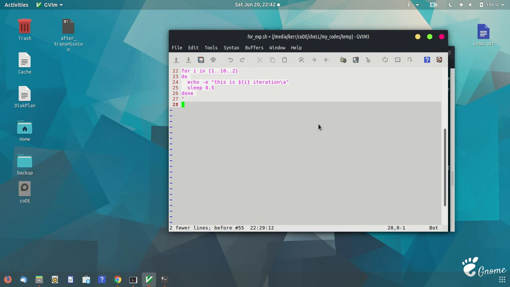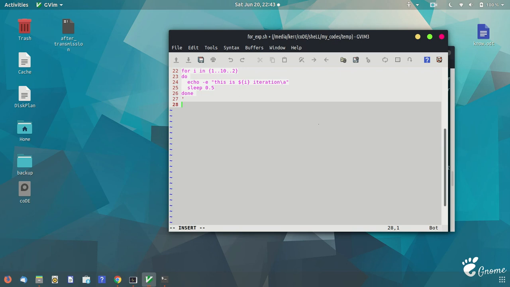Okay, so after understanding the functionality of the for loop, let's go through a real life example of the for loop. This script will detect the empty files within the present directory and delete them. The basic operation would be: it will first detect whether the file exists within this directory or not. If the file exists, it will check whether there is something written within the file or not. If nothing is written, it will just remove that file.